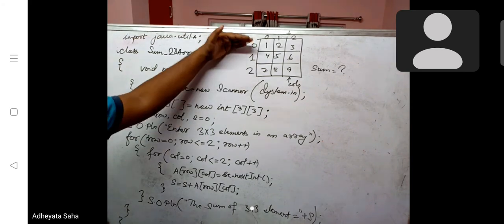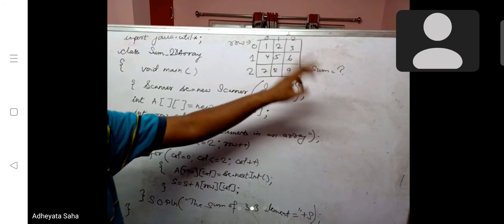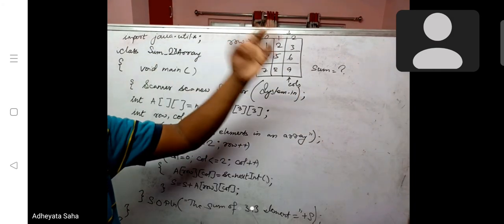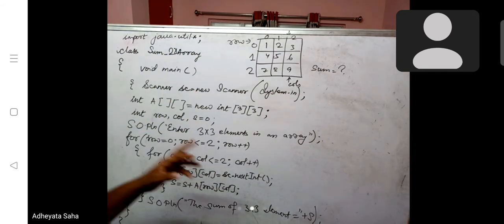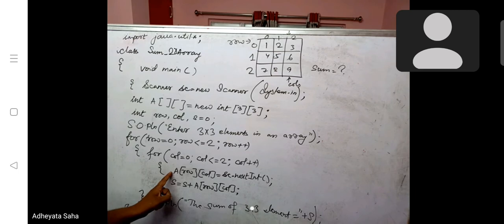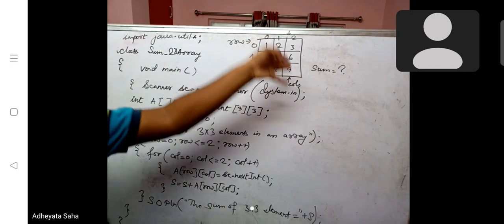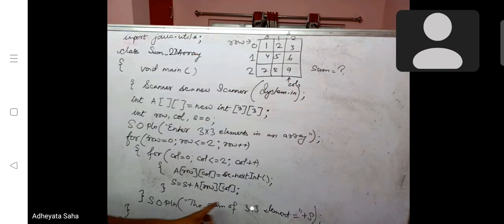So, it will come here, then what will it do? It will add 6 plus 4, then plus 5, then 6. Whatever comes will be stored in S, and then again go up, and row will now be 2. So when A is 2 and column is 0, 1, 2, you will get this sum, and the overall sum will be stored in sum.